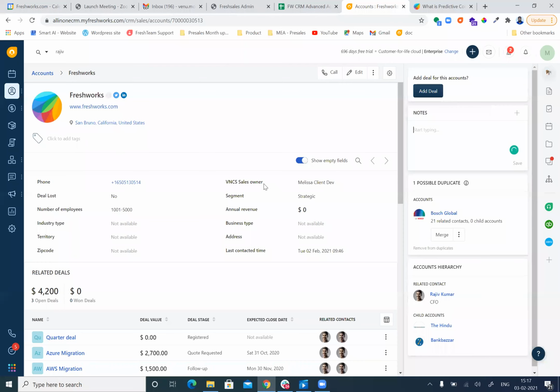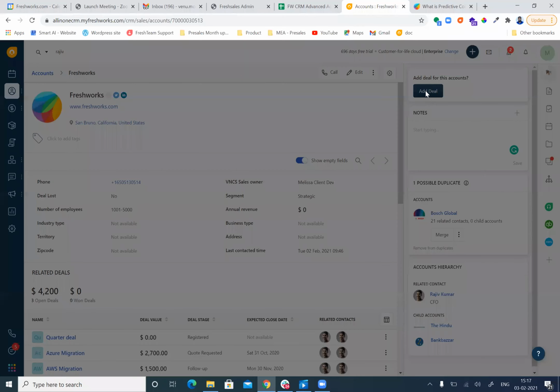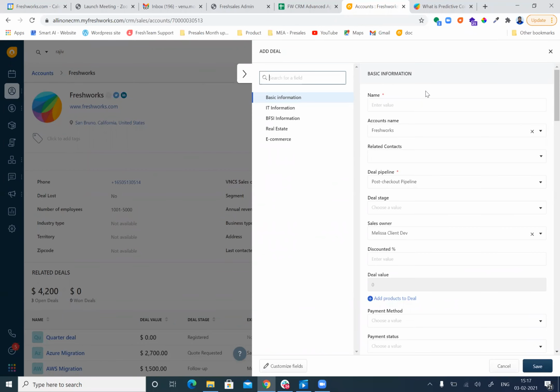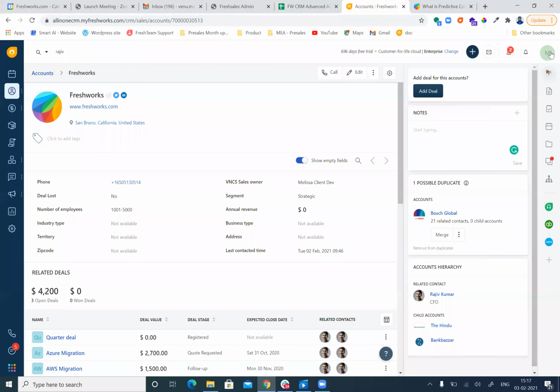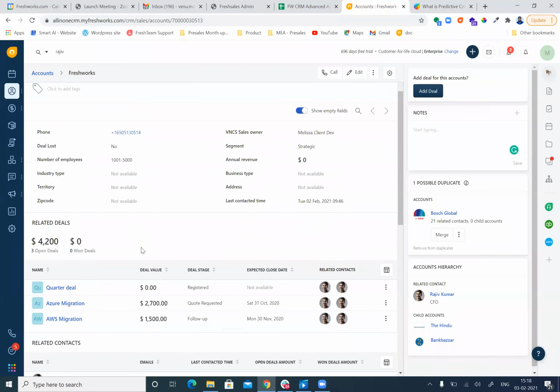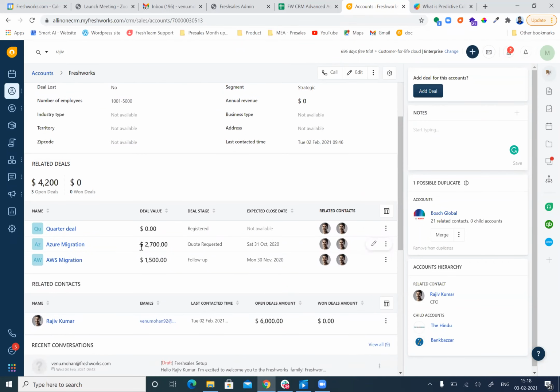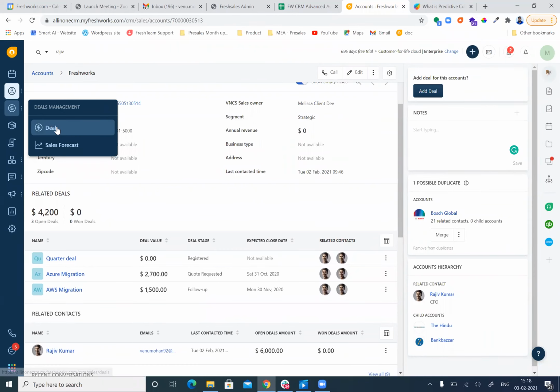So as I said earlier, for each and every customer, you have the option to create multiple opportunities. This is for one single customer view, but similarly, you might work with multiple customers and multiple organizations as part of the CRM database. It's very hard for the sales agent to go through each and every profile to see all this opportunity status and progress. So in order to avoid that, and to see a holistic view of your opportunities, we enable a deal module here.